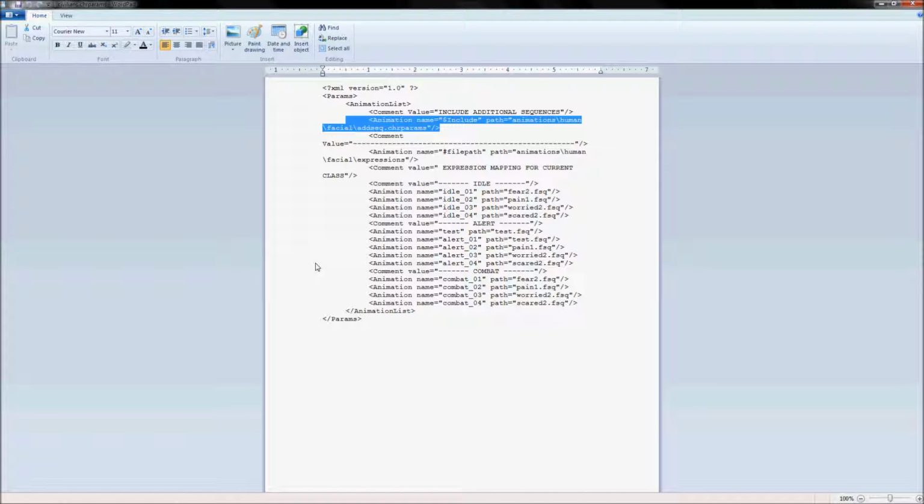And you'll notice that up at the top here, it'll say animation name include. So it's including a directory or another file of sorts. And then it says the path animations/human/facial adds seq.characterparams. And that add sequence is where we, for the segment video, put all of the sequence files. So every character, we could just point it to that one character parameters file and then have all the sequences